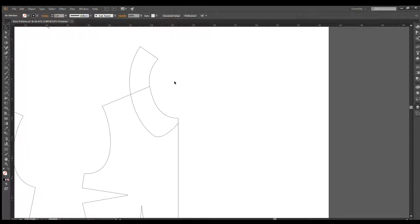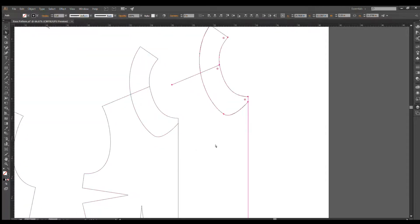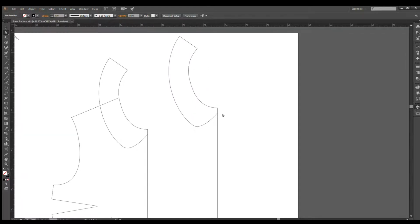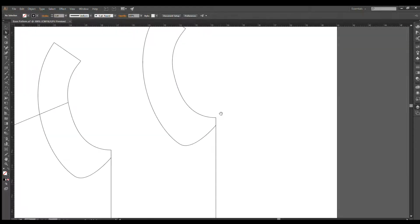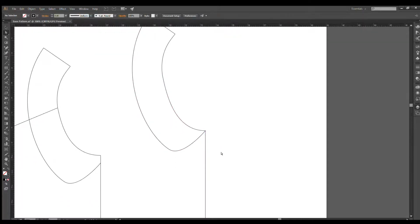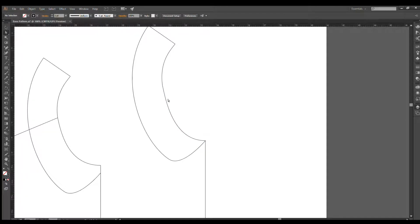I am going to use my A tool, highlight all of this, do Control-C, Control-V, and that gives us parts that I can cut apart, which is nice. Okay, this shoulder line does not need to be there. You don't want to put a shoulder seam in your collar. That would be strange. The only thing I'm going to do from here is take this corner and move it down to that corner. That way it'll roll nicer